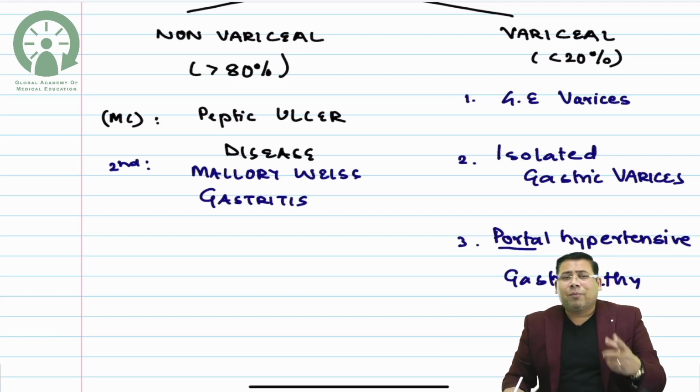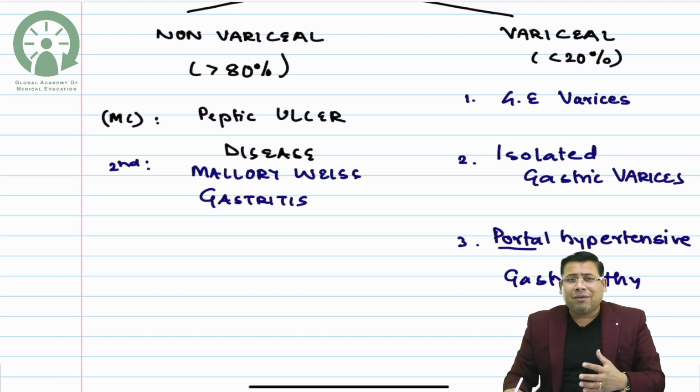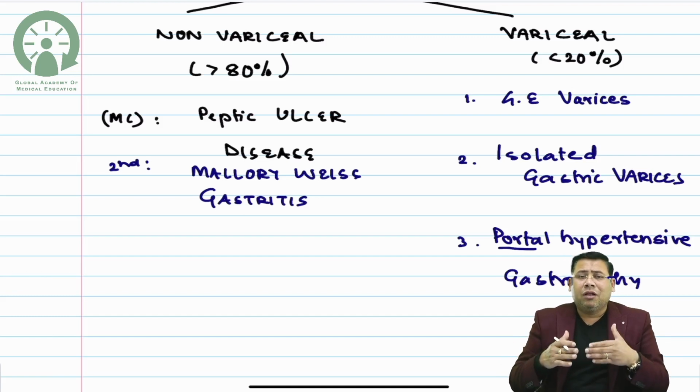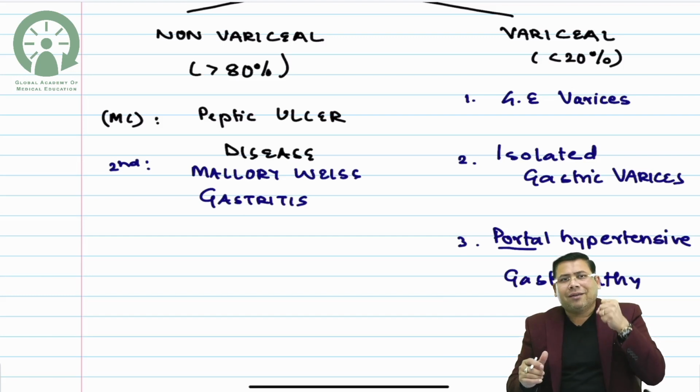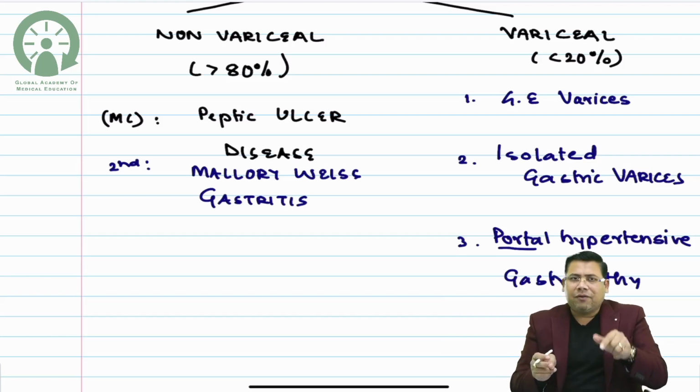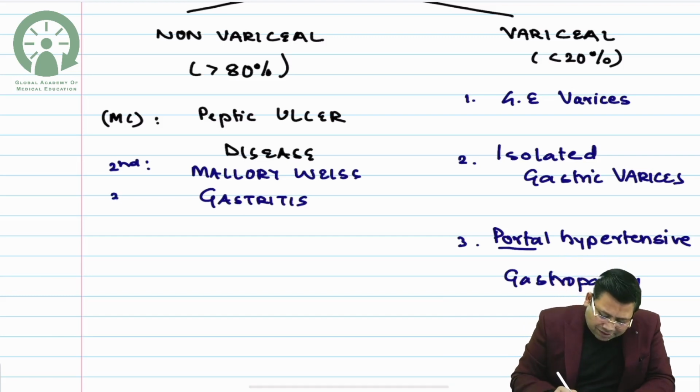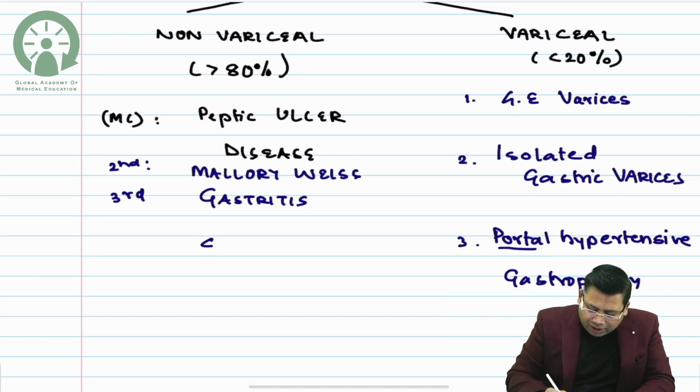No, if there is no episode of vomiting, then peptic ulcer is the more frequent diagnosis, because in hematemesis following forceful vomiting, there is a sudden clinch of the clasp fibers around the cardia, and that is why there's a tear. That is the difference. So second is Mallory Weiss, third is gastritis, then we have esophagitis, and then you have